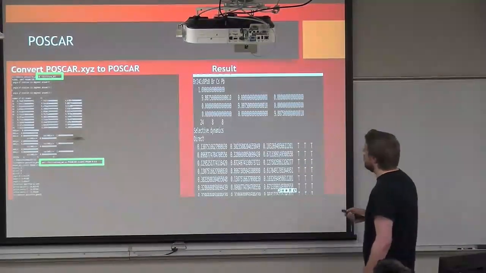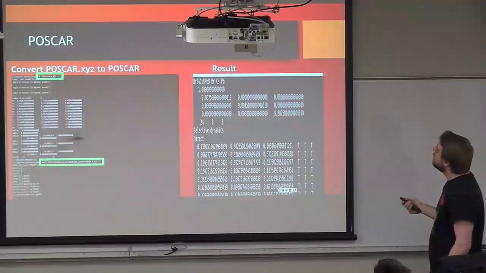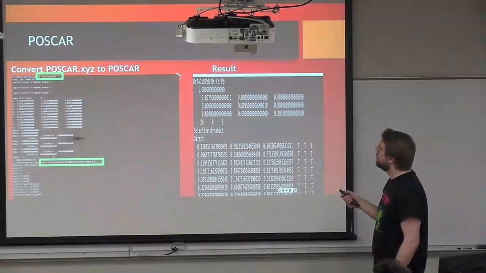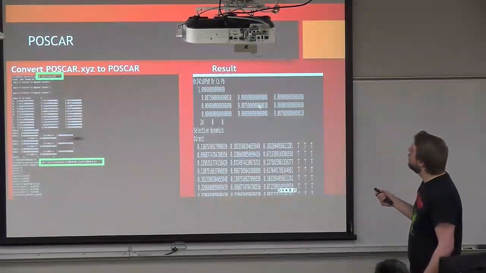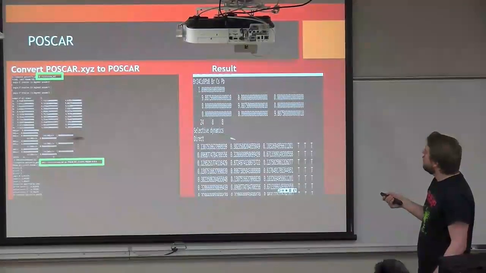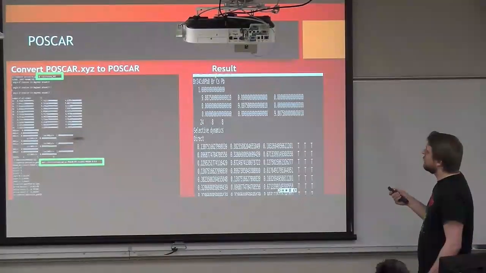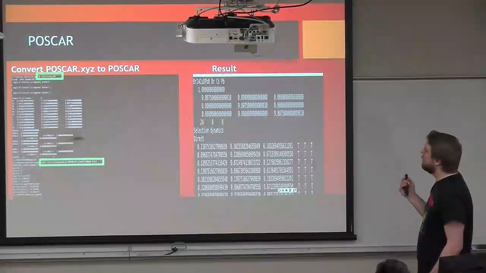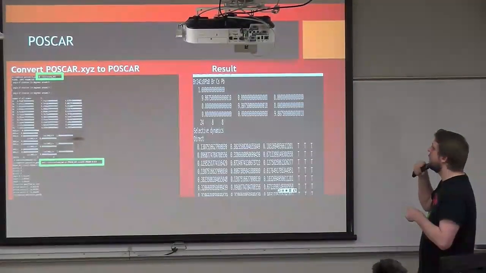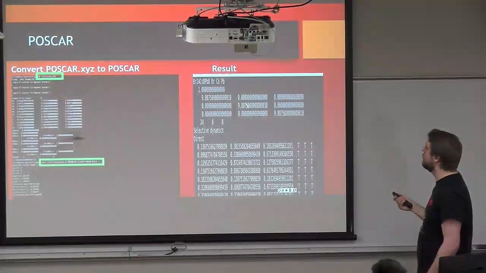And then the result you get is this. Just a list of all the coordinates here. Up here it tells you the types of atoms you're using. Here it's bromine, cesium, lead, and this right here is like the coordinate axes you use. Right here it's 9.8, 9.8, 9.8, X, Y, and Z. You could have off-diagonal elements, but in most cases your ion or your molecule is going to be oriented, so there's not going to be any.